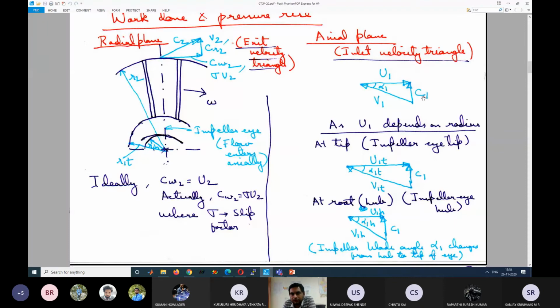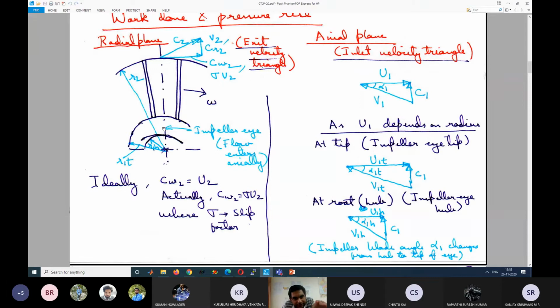So you have to imagine that this is now the axial direction. So this is the axial plane, and the radial plane now you cannot see. This is the axial plane. So we have rotated the plane, and the flow is coming along the axial direction with velocity C1. Remember, C is the absolute velocity. So the flow is coming along the axial direction with velocity C1.